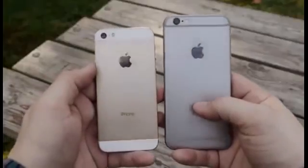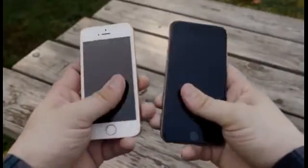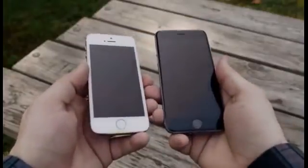So overall, I'm kind of letting the design grow on me. I was a big fan of the design with the iPhone 5 and 5S, and obviously the iPhone 6 is very different, but I want to know what you think about the iPhone 6 design, and leave